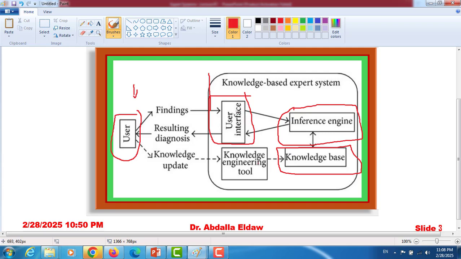The user interface represents an intermediate tool between the human and the computer, between the user and the inference engine.